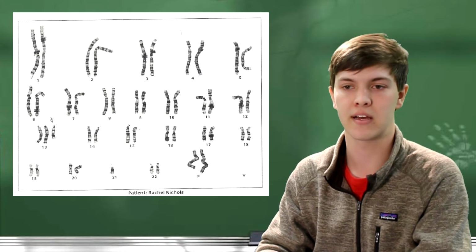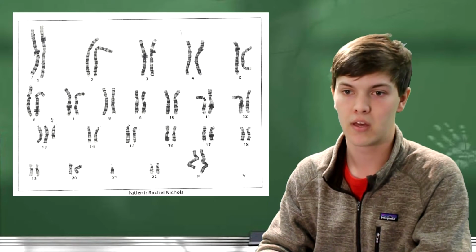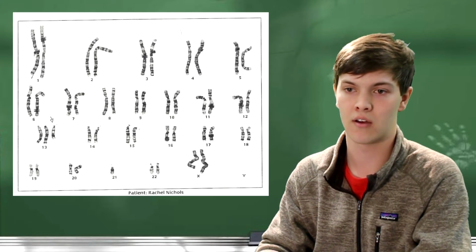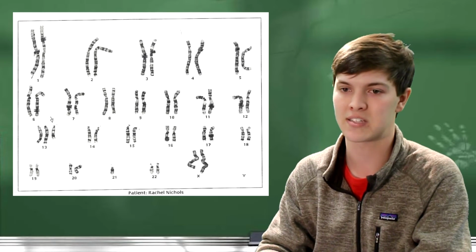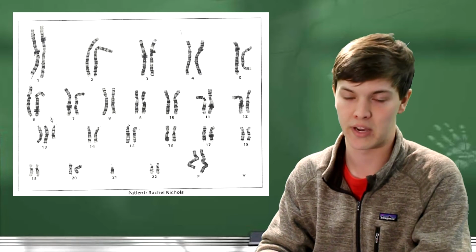But even more rare is that the missing piece of the 21 is reattached to the extra 13th, which is called a translocation. This realignment of parts between 2 non-homologous chromosomes joins 2 otherwise separate genes, resulting in important genetic effects, as seen in Rachel. Genetic disorders affect an estimated 12 million Americans and over 300 million people worldwide.